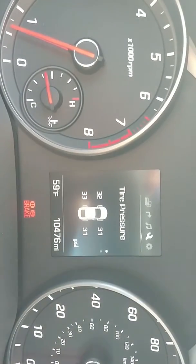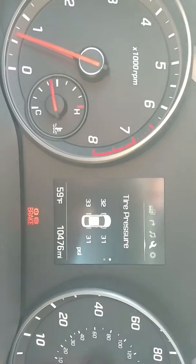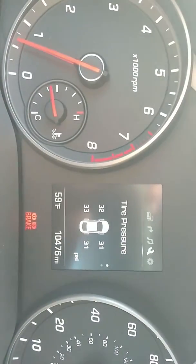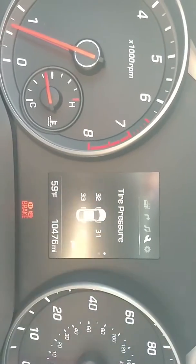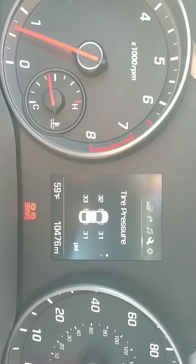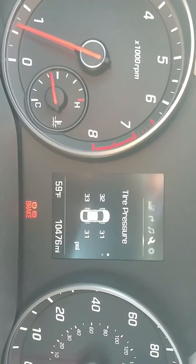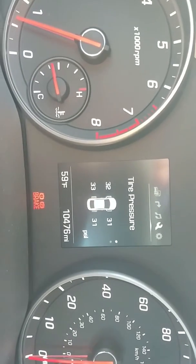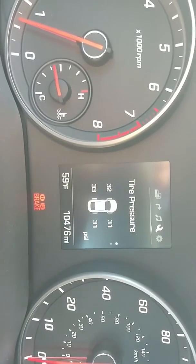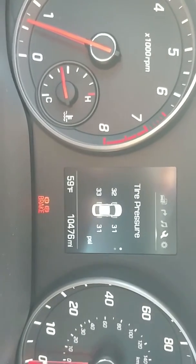Now, there's a company called Torque Motorsports that releases, in my opinion, one of the better tunes for this vehicle. They are the only company that I have found that offers a tune that promises any sort of gas mileage increase along with power. And they are estimating that you should be seeing about a 15% fuel increase with up to a 15% power efficiency increase with what they call a stage 0 tune. And essentially what that is, is unleashing the car and locking it to run how they feel the car should have come from the factory. So better performance,